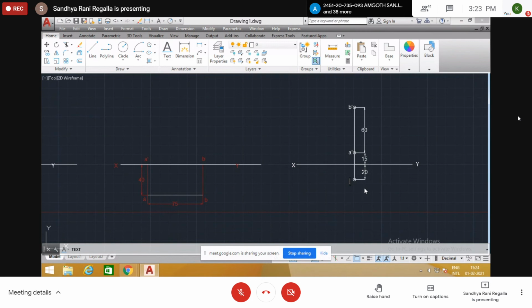The line is in this vertical position, so the bottom point is shown as A dash and the top is B dash.